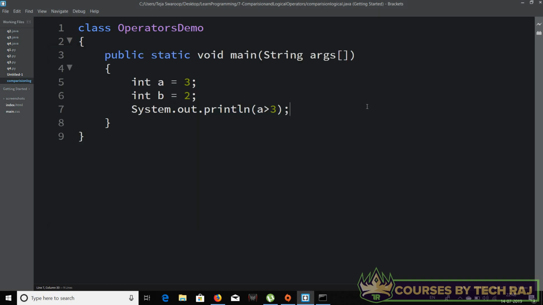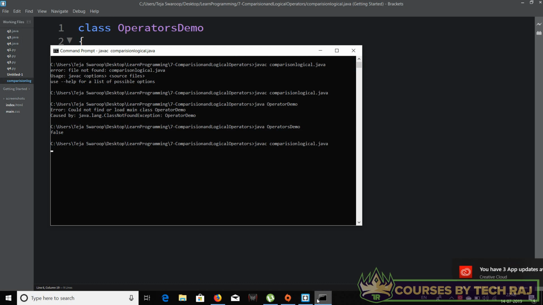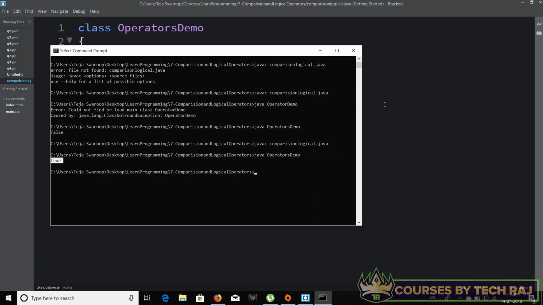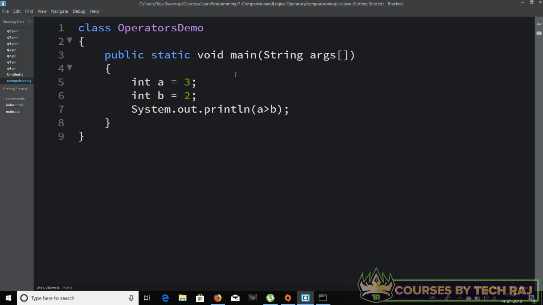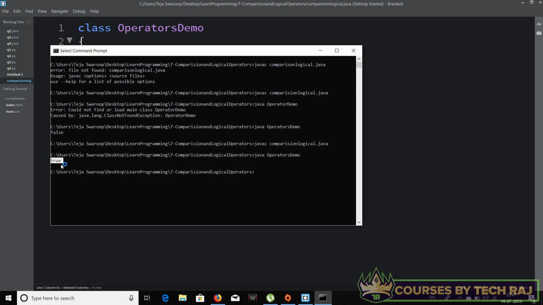There we go. It has printed false. What I did right now is I checked if a is greater than 3. I can replace this with b, and let's compile this again and see the result. So it says true. What I'm doing here is checking if a is greater than b. The value of a is 3 and b is 2, since I've already declared and initialized these variables, and 3 is greater than 2 is a true statement. I'm printing the result of this comparison operator, and since the result is true,